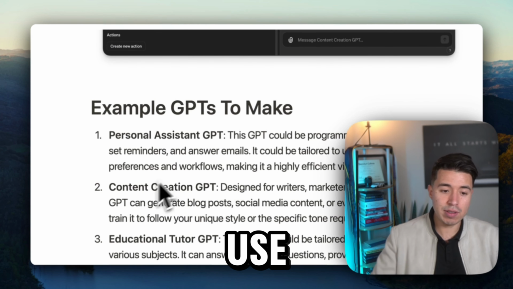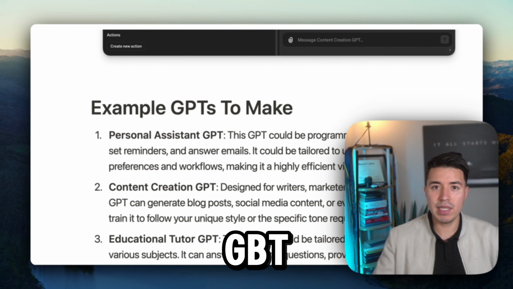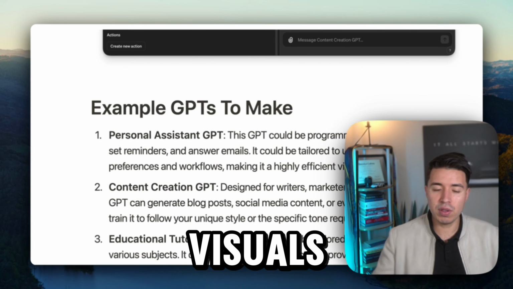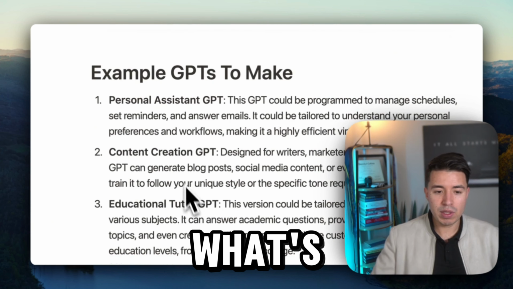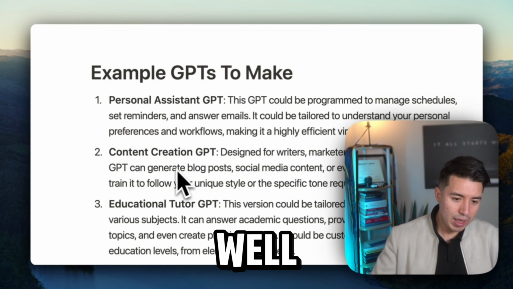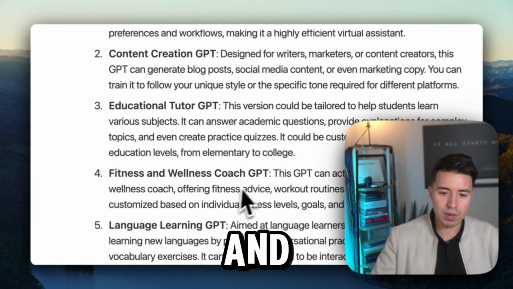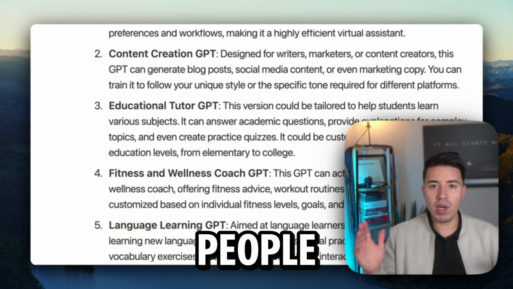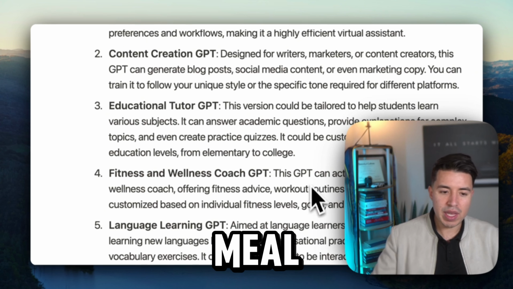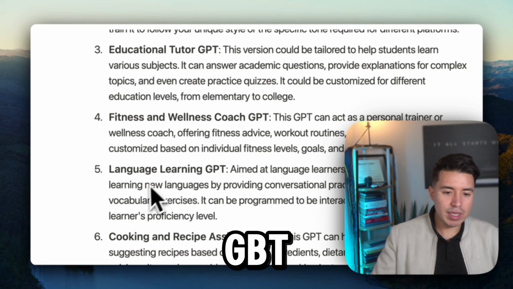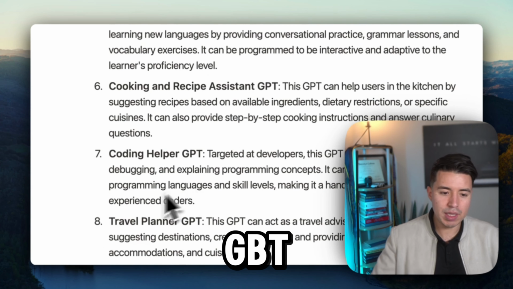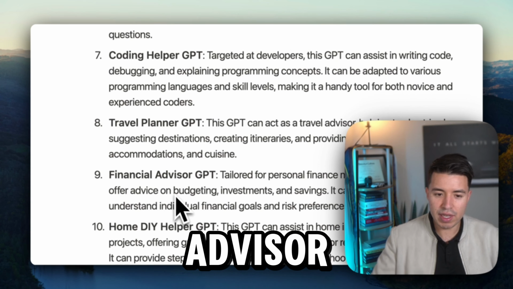Content creation GPT, I have my own content creation GPT that helps me with my scripts, intro videos, ideas for visuals. Like, it's super helpful. And what's really neat is it's tailored to my own style, so it works really well. Educational tutor GPT, fitness and wellness coach GPT. I've seen where people upload a photo to their GPT and it breaks down the macros and nutrients of that meal for them. Language learning GPT, cooking and recipe assistant GPT, coding helper GPT, travel planner GPT, financial advisor GPT,